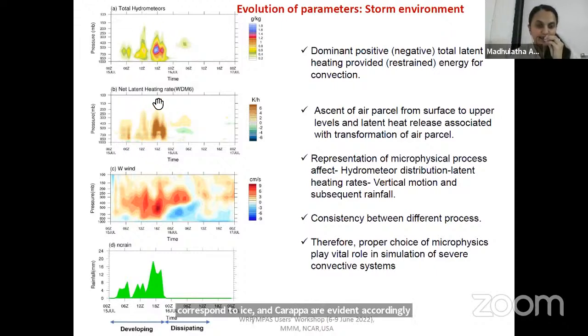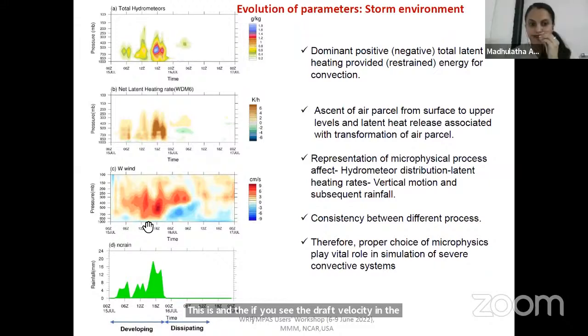Accordingly, positive latent heating, this is the total latent heating from all the transformations. Positive heating is dominant, explaining the latent heat release associated with the ascent of air parcel to the upper level. And in the later portions, you can see the negative latent heat absorption due to the descent, meaning solid to vapor. And if you see the updraft velocity in the 12 minutes,